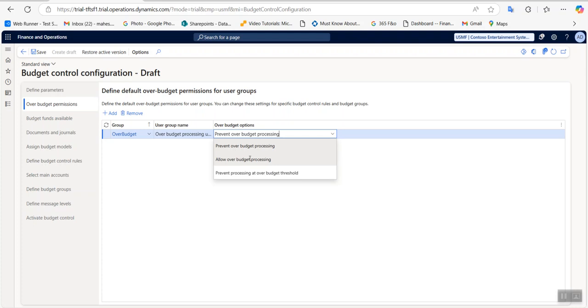the transaction. Okay, so in an interview they may ask you what are the over budget permissions, what options you have. So you can say we have prevent budget, we have allow over budget, we have prevent budget based on the threshold limit. Okay,